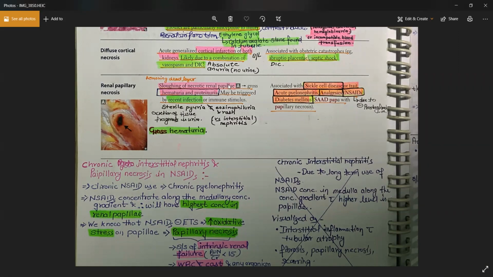Similar thing goes for the sickle cell diseases. Whenever you have a high osmolarity, a high oxidative damage, I told you that this medulla is a hypoxic area, right? And this papilla are the most central portion of this medulla, so they become the most hypoxic areas. In that case, a patient having a sickle cell disease or a trait, even a trait can do that. The sickling of the cells will happen in the papillas of this kidney, and as a result, patient can have a renal papillary necrosis there because of a blockage of the vessels.